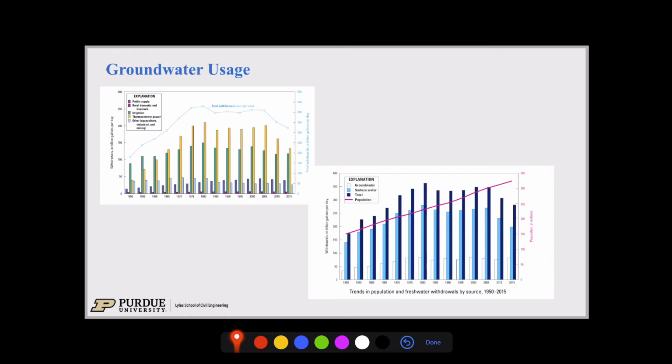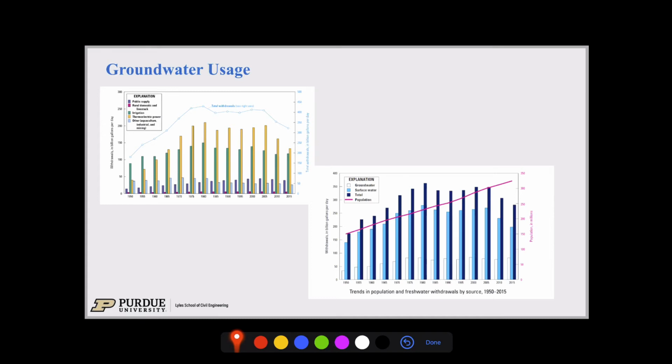Now, a note on the thermoelectric power: this is typically surface water that is used, and so it's really recycled. That's water that goes through the thermonuclear facilities to cool down the reactors and then is released. There is some thermal pollution of the water, but as far as water quantity, it's pretty much returned to the environment. So it's not really extracted and gone forever. And if you look at the next activity, it's irrigation, right? Obviously, irrigation of crops is a huge consumer of water, and this is what you can see here.